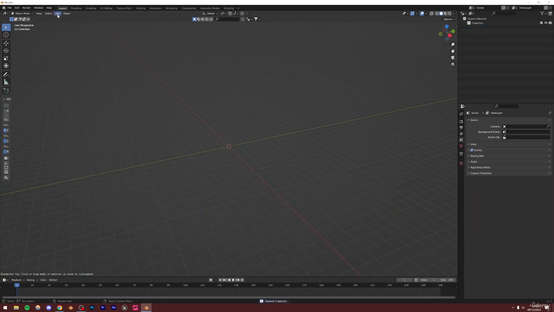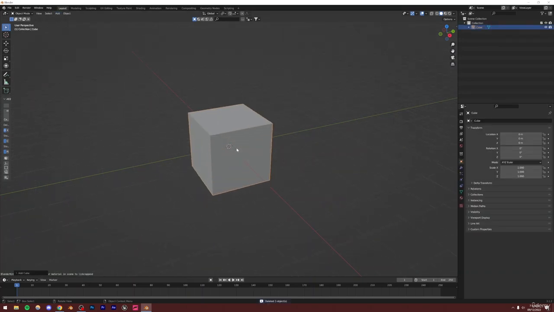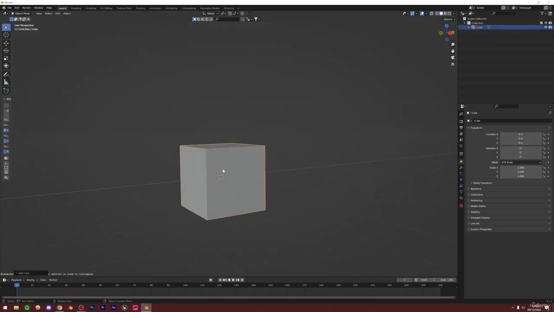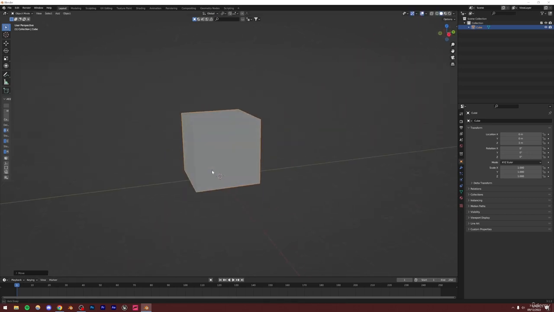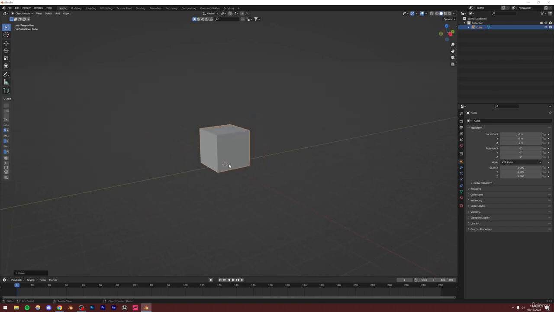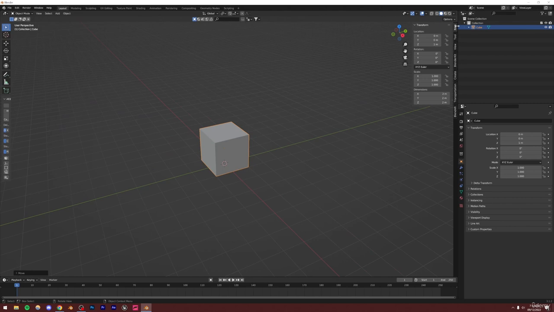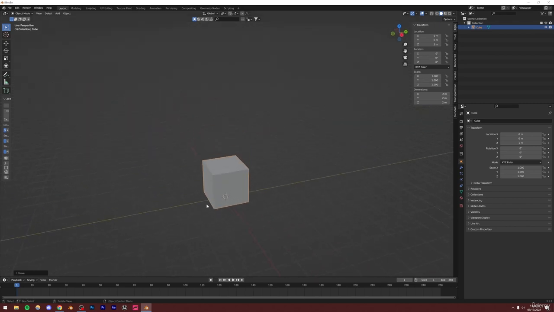Just delete everything, and I'm going to be creating a new cube. I don't know why I just deleted a cube and created another one. You can obviously use the default one as well, but yeah. Anyways, all right, so I'm just going to be moving this up. I held Control on my keyboard to snap it to this axis, and apart from that, what I'm going to do is set the height of this to something like 2.7